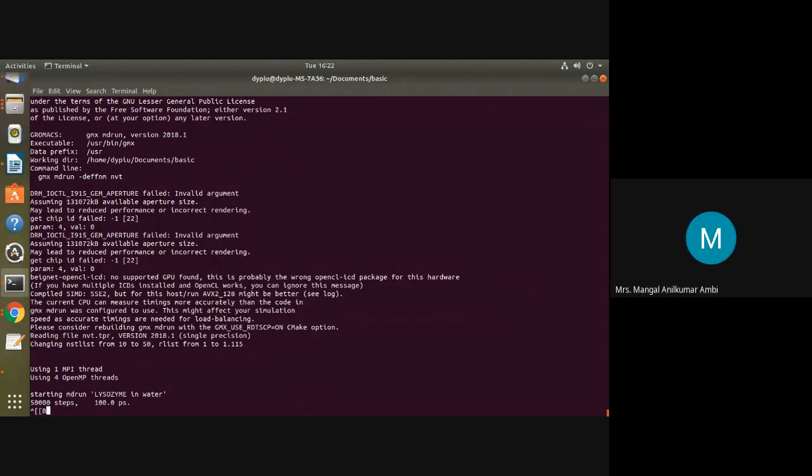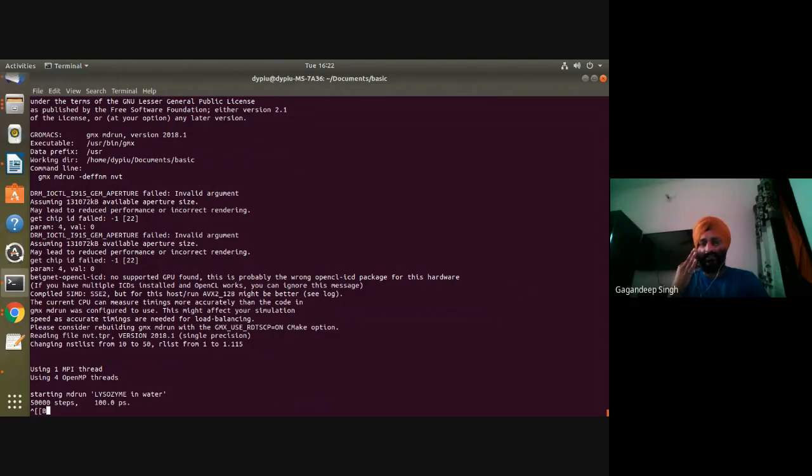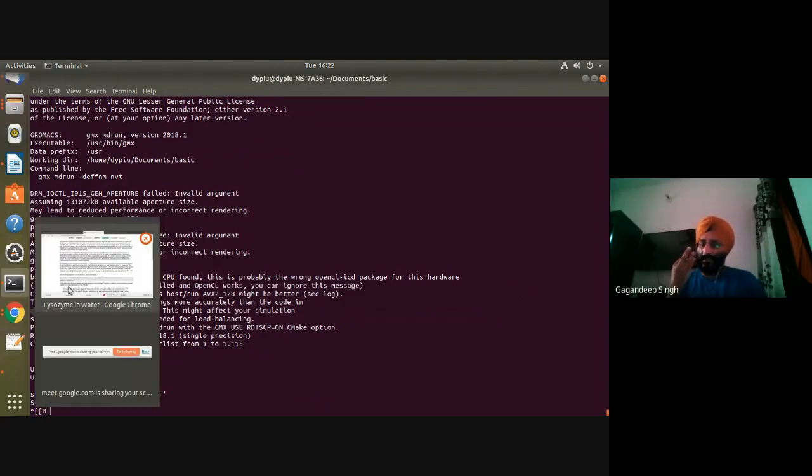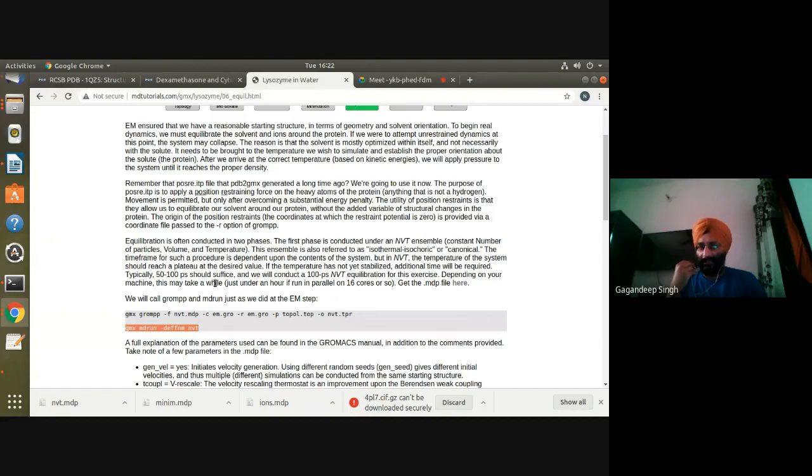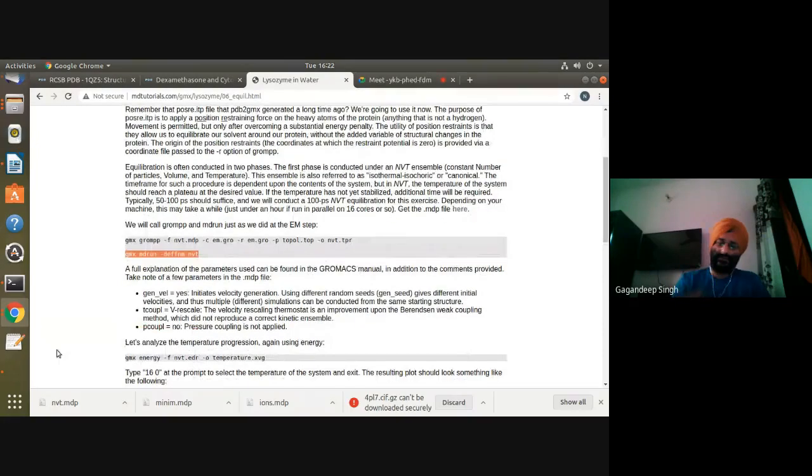Okay, so that structure is already validated and is a single chain structure. I'll forward it so that you can work on it and perform the steps. Then you will find out whether there is trouble in your downloaded structure only. Maybe there is some ligand, maybe there is some other error. Okay. Thank you, sir. Okay, welcome.